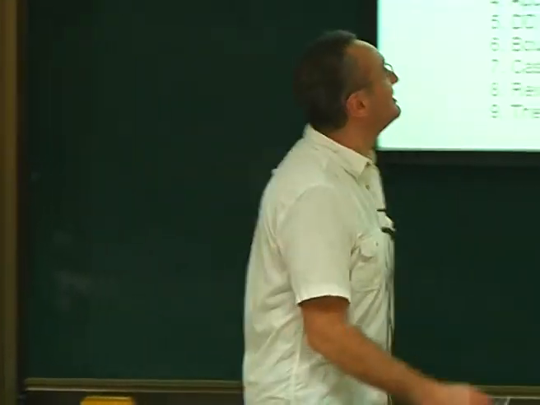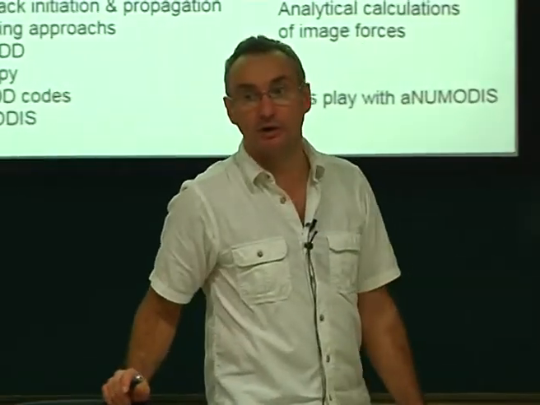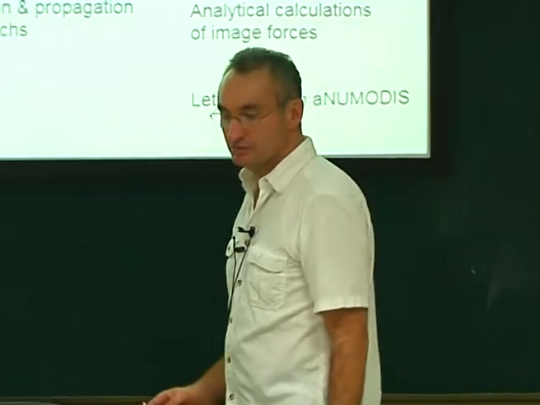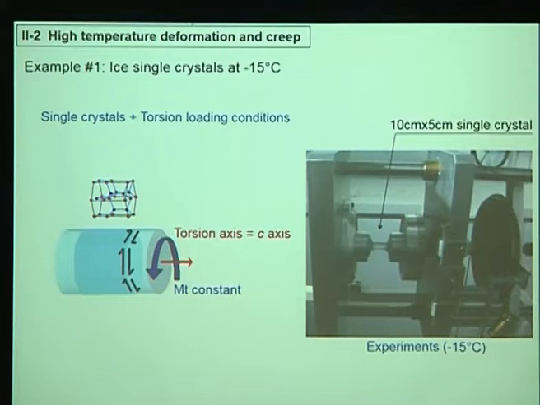Promise. So I will speak about high temperature deformation and creep. I know that here a lot of people are interested in superalloys. Typically, what happens is turbine blade, where you have this superalloy which tries to sustain the deformation. But I wanted to show you something else first. We'll go back to superalloys later on. First, I want to show you another material that I love, which is ice.